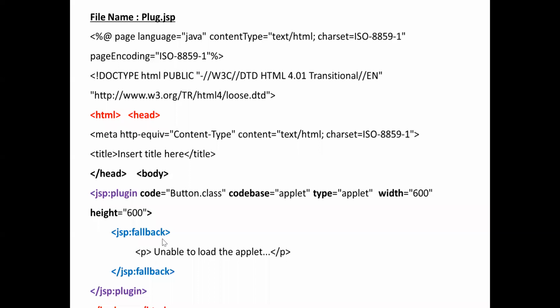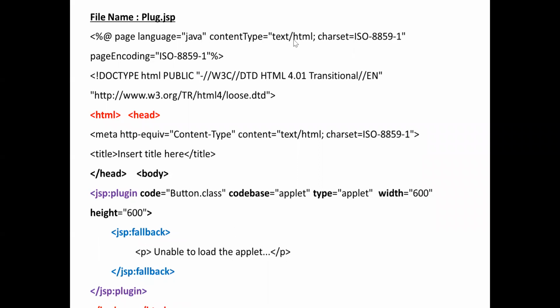Within the jsp:fallback, you should write unable to load the applet, because if the jsp:plugin mismatches the applet, then only the fallback of unable to load the applet will be executed. So close the jsp:plugin here. The jsp:fallback is closed here, and the body and HTML.